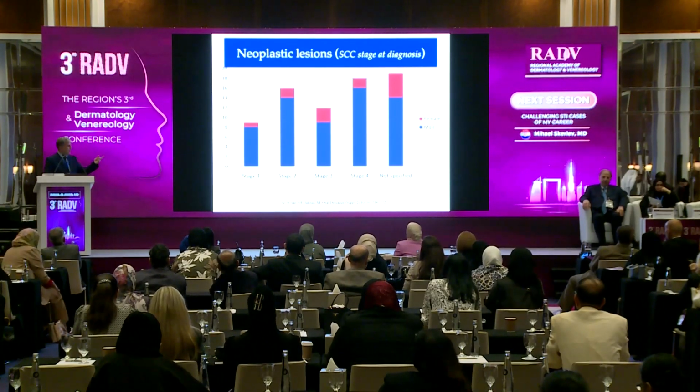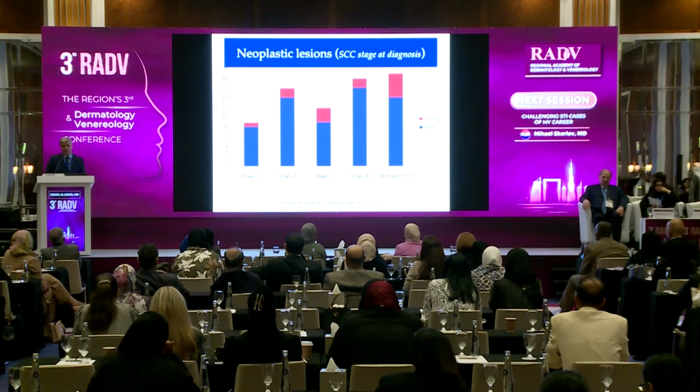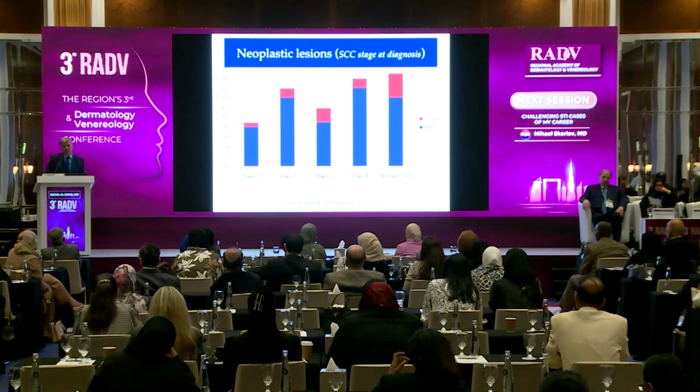This is an old study, back in 2010, a retrospective study on the stage at diagnosis for oral cancer patients. I'm sorry I didn't find any updated studies to show you, but this is the one that I have. Unfortunately, most of the patients are diagnosed in stage 3 and 4. Why does this happen despite the fact that it is right there and visible in front of us? Probably because of the overlap with other benign lesions, other common lesions, such as frictional keratosis, lichenoid changes, and so on.